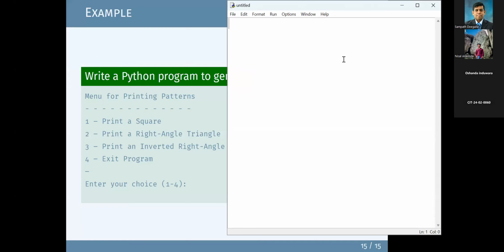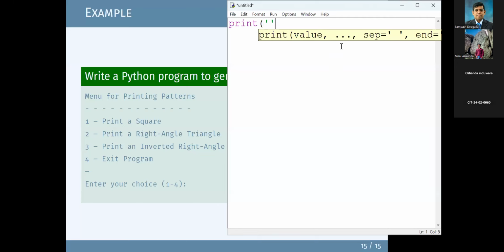So what I'm planning to do is, first of all, we want to print a simple menu, right? Now, to print a simple menu like this, we can use a print statement. So we can say print. And we know that we have multi-line strings, so we can use triple quotes. We will say menu for printing